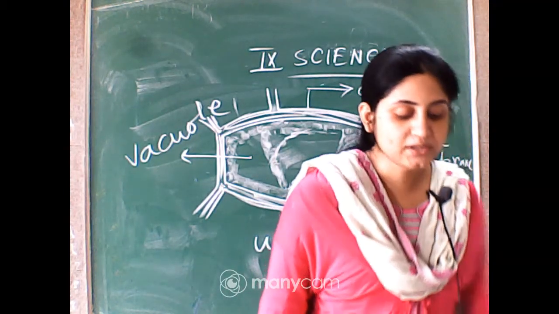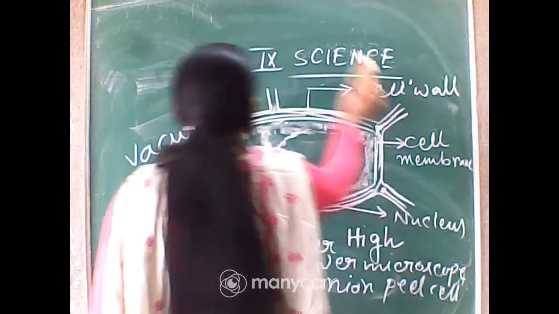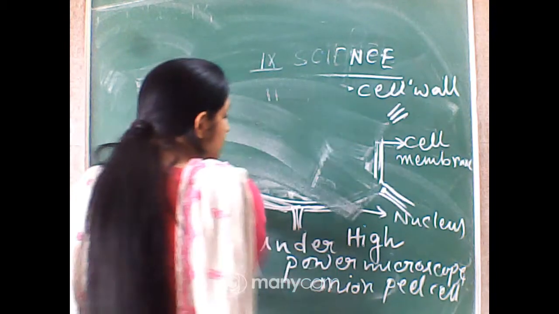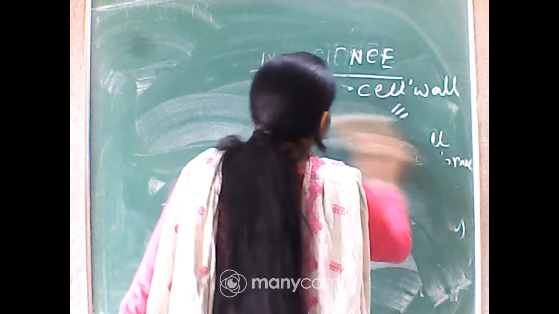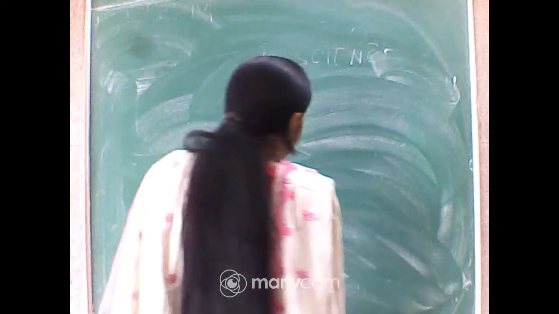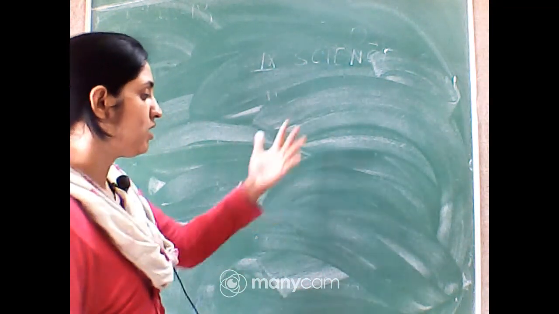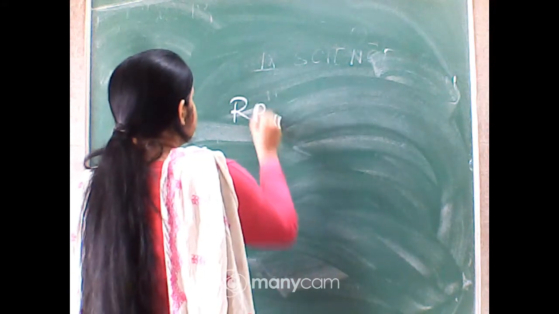Next point, result. So observe the first diagram. You draw the diagram on the left side on the white page and with only pencil. No color is used. The diagram should obviously be drawn with pencil, without any color, and on the left side of the white pages. Next point, result.